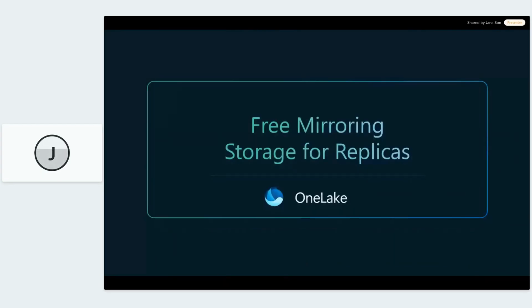What's interesting here with mirroring, furthermore, is that the mirroring compute cost is actually free, as well as Microsoft does provide terabytes of storage for free for mirroring based on your capacity size. So Microsoft will give you free storage of up to the number of terabytes that equals the number of compute units you purchased. So for example, if you purchase the smallest possible Fabric license, which is an F2, with 2 capacity units respectively, your compute for mirroring is not billed, and you get 2 free terabytes worth of storage exclusively for mirroring as well.